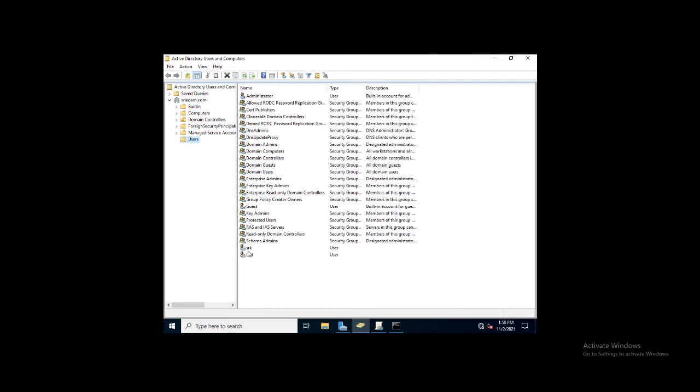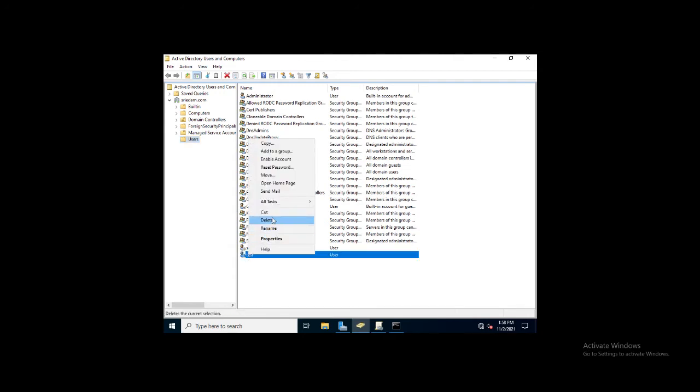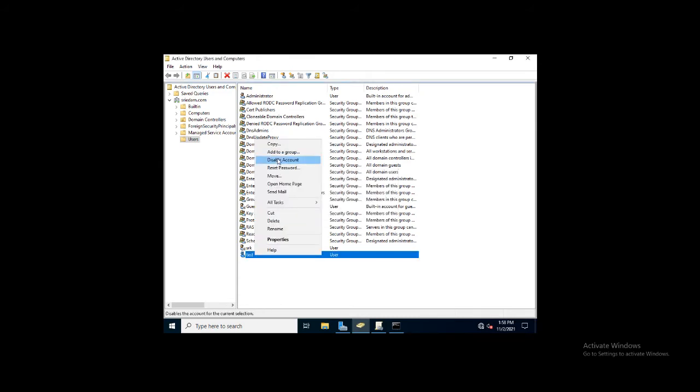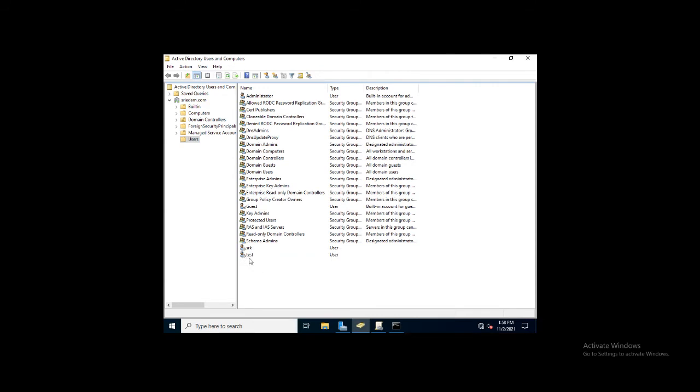His account will show like this. His account will be disabled. You can see a drop-down arrow is showing here.